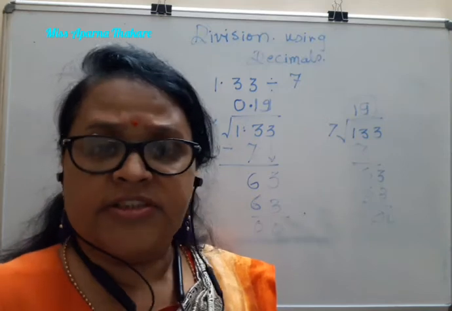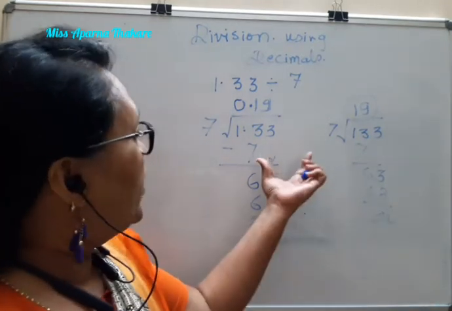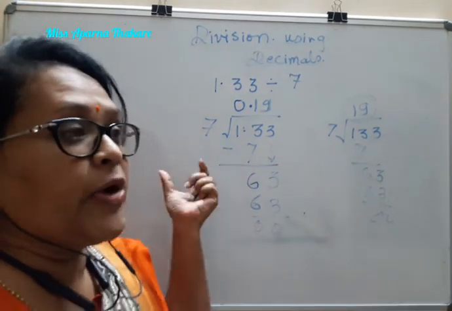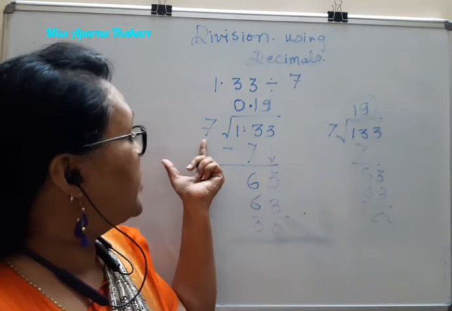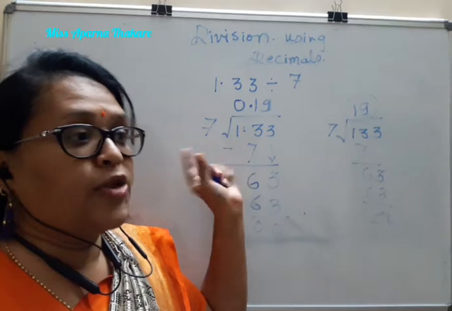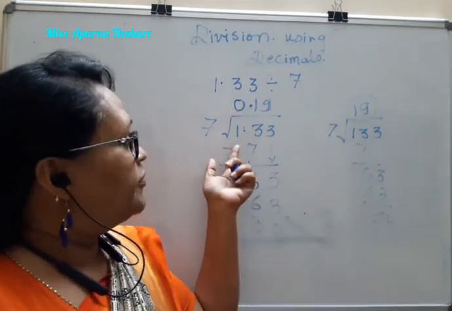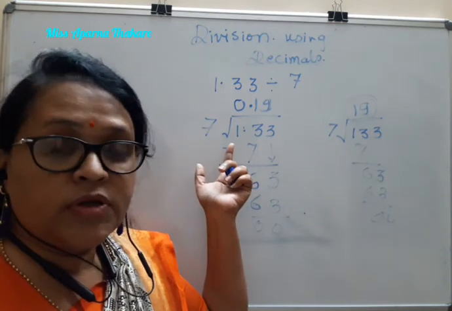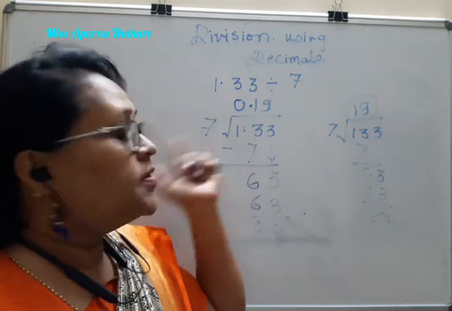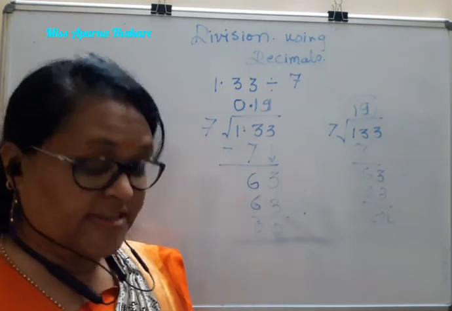That is how we can check the division. When dividing, we think which number is there. If we can divide by the divisor directly, then we put the decimal point afterward. But here is 1, and we cannot subtract 7 from 1, so we have to put the decimal point first. Okay, we will see the second example.